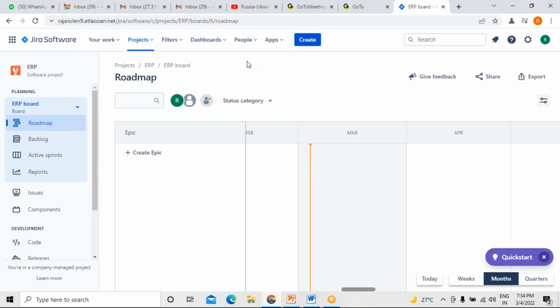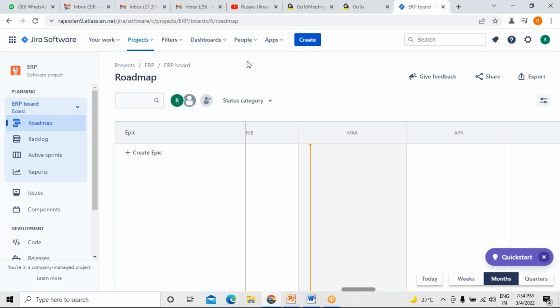See, Jira is not freeware, right? First thing we should understand: Atlassian is not providing any free services to the customers. Yes, of course, they provide free services to some extent, not to the full extent. Point number two, even though they give free services for a stipulated duration and timeline, they are not giving full access, so all the features cannot be accessed by you. If you want to use them, you have to get permissions.